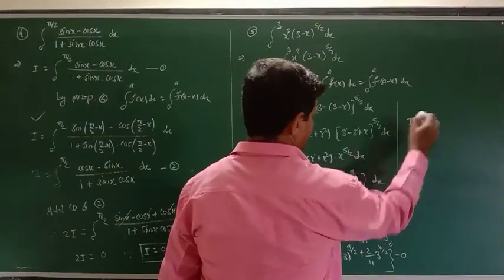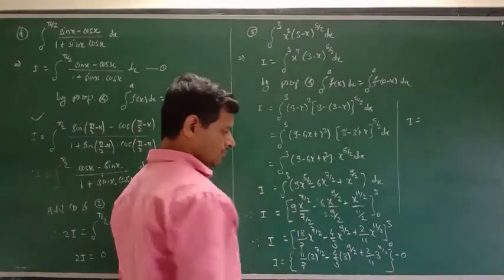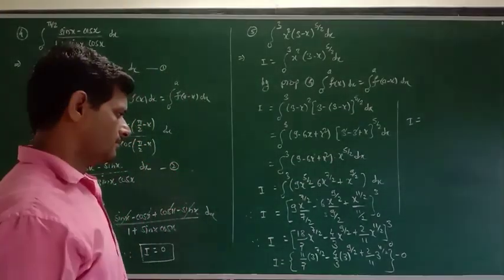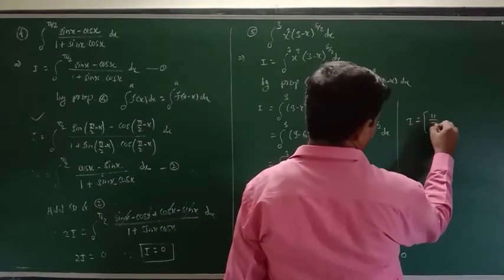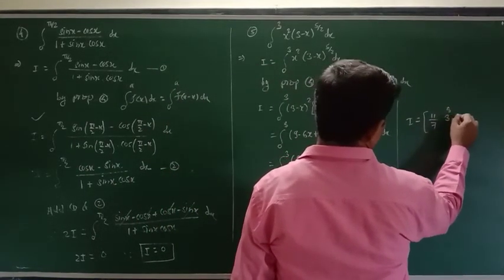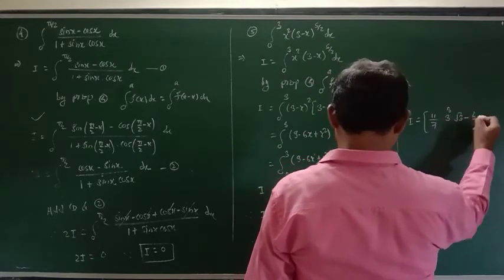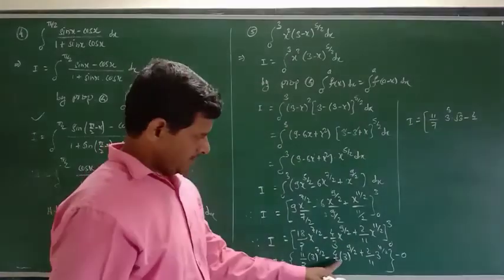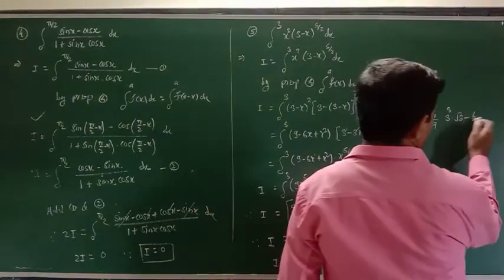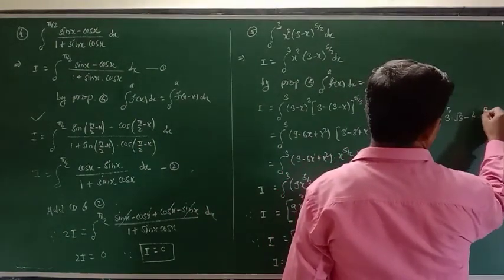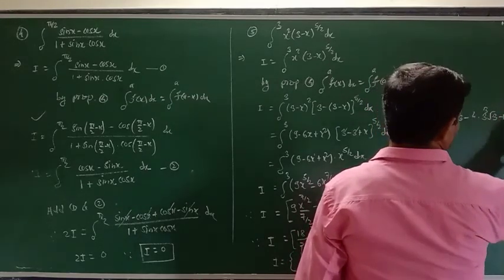So the final value: I is equal to 18 by 7, 3 cube into root 3. Okay. Minus 4 by 3 raised to 1 get minus, 3 raised to 7 by 2, as it is 3 cube root 3, plus 2 by 11, 3 raised to